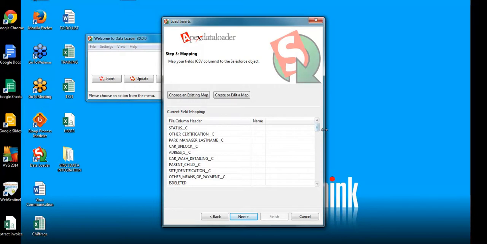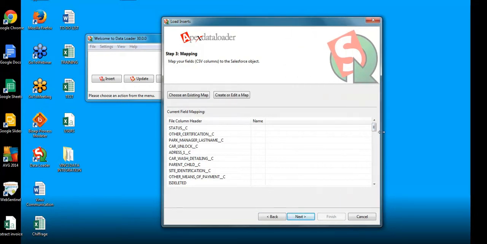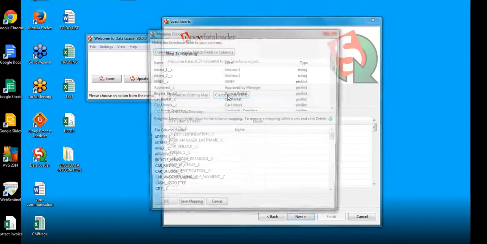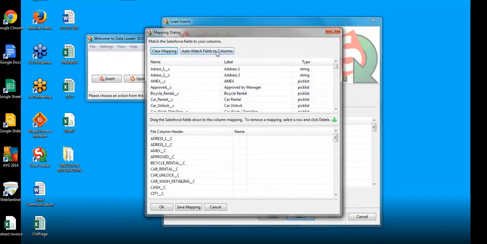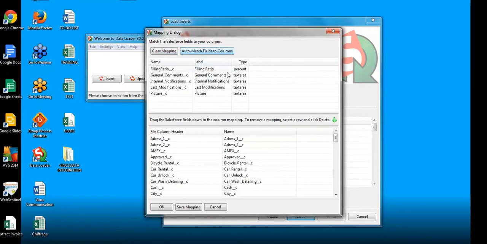And now you need to make a mapping. Very useful. You have the technical names in your file. Click on Create or Edit a Map and click on Auto Match Fields, and Salesforce will automatically match the technical fields in your file with the technical fields in Salesforce.